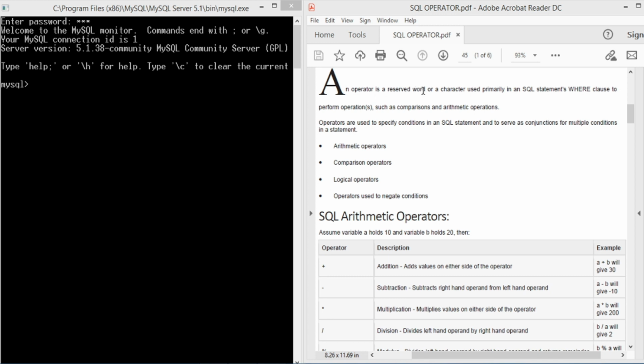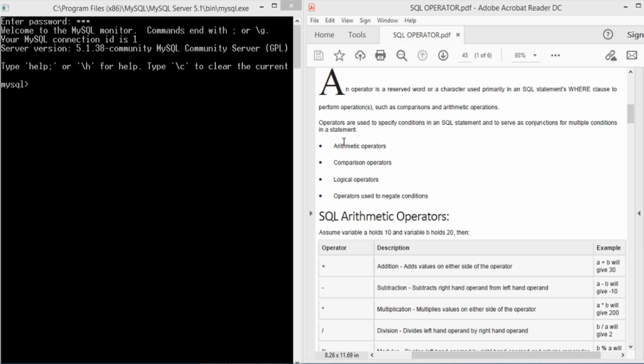An operator is a reserved word or a character used primarily in an SQL statement's WHERE clause to perform operations such as comparisons and arithmetic operations. Operators are used to specify conditions in an SQL statement and to serve as conjunctions for multiple conditions in a statement.